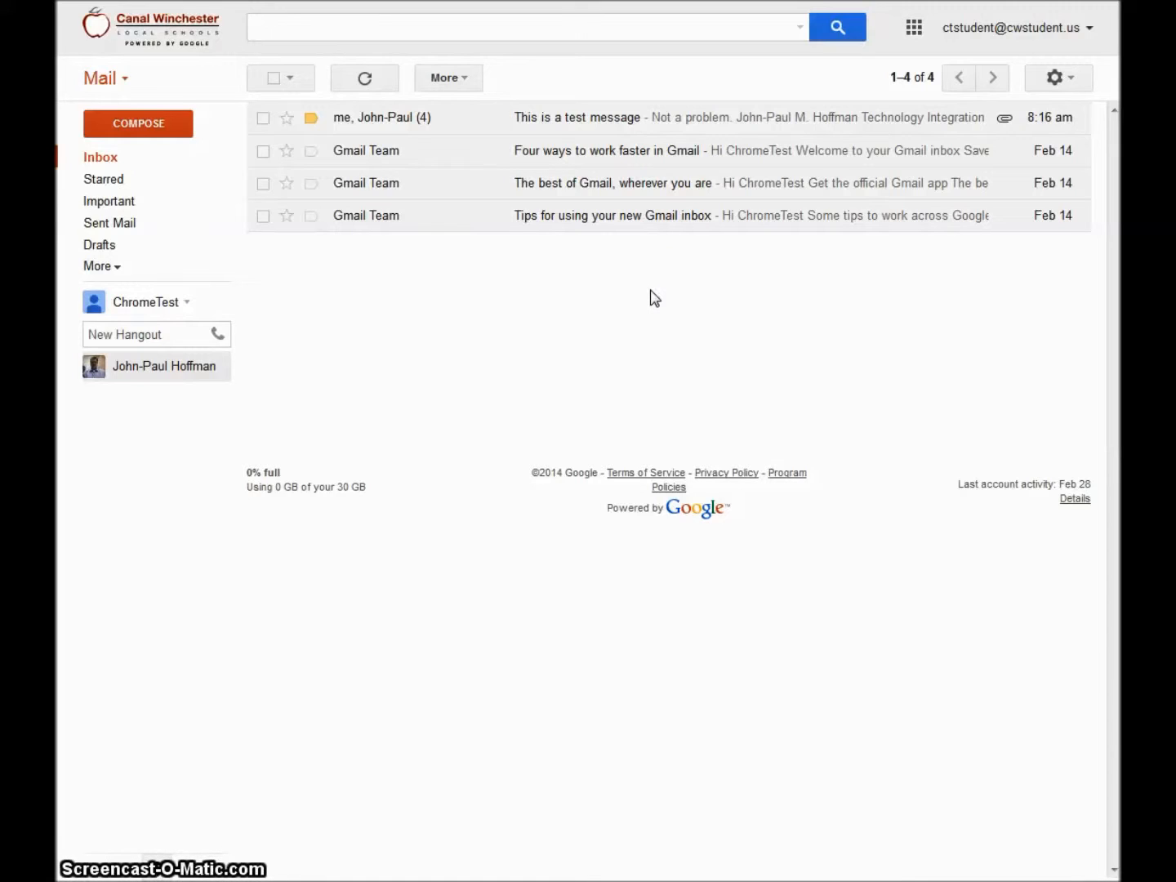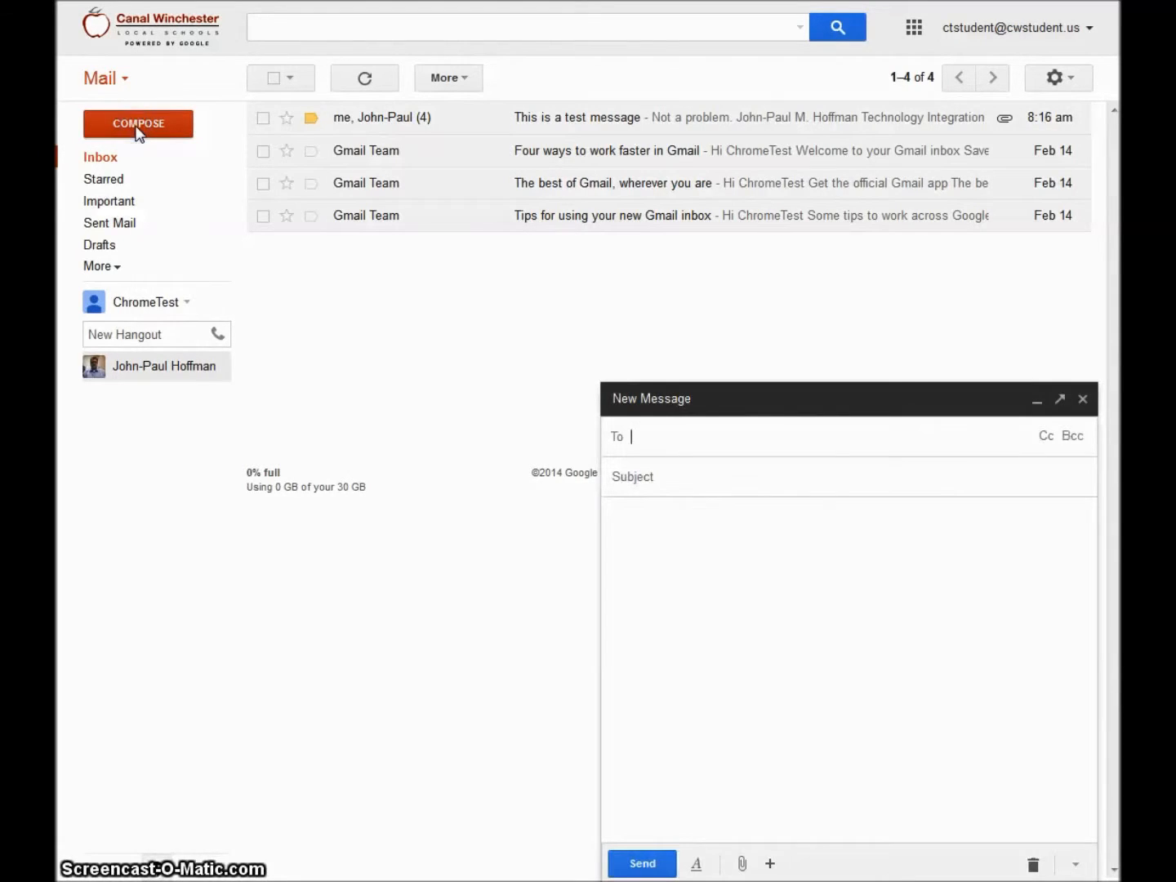To create a new email message, you're going to compose an email. First thing you need to do is find the big red button that says Compose and click on that button. The new message appears in the lower right hand corner of your page. To minimize the message box, you can click on the minimize button right here. To make it go full screen, you can click on this button, or you can hold the Shift key down and click on